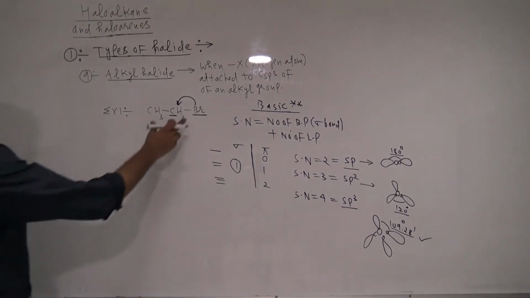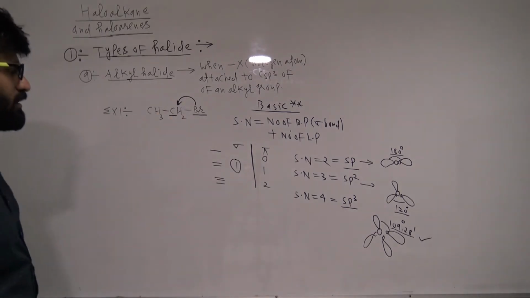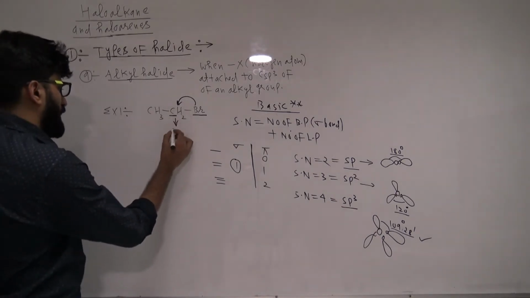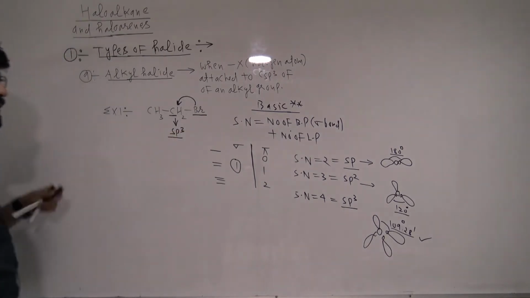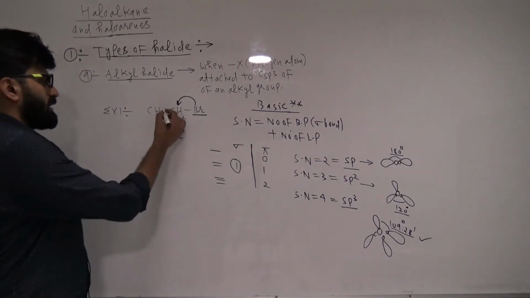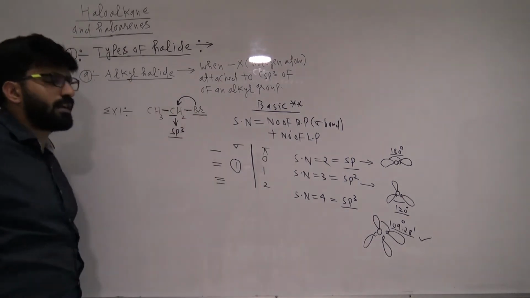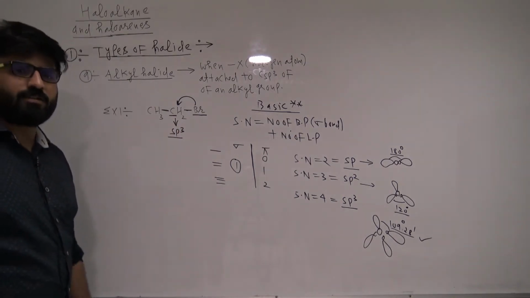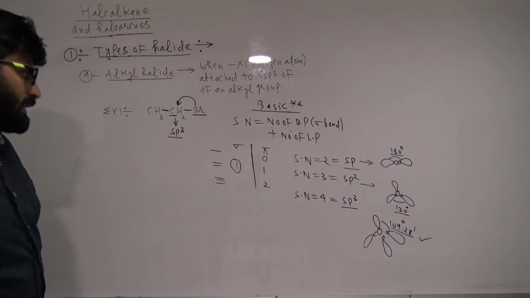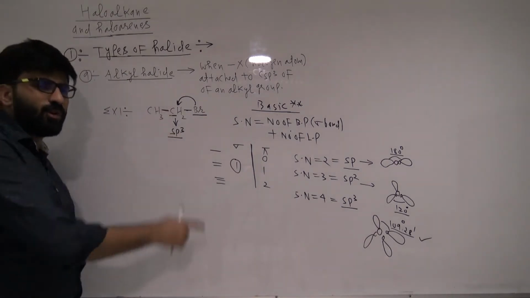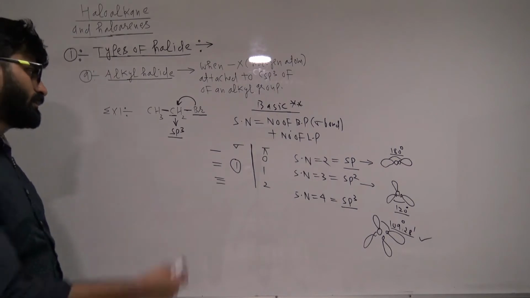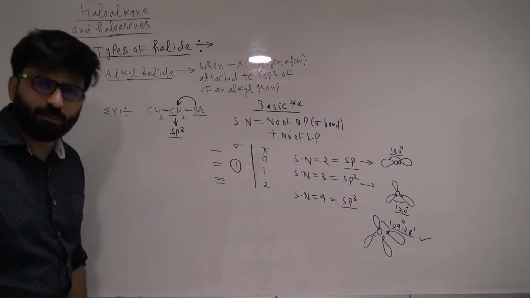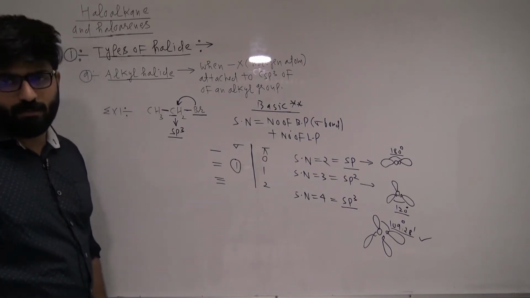Now I would like to tell you what kind of halide it is. First of all, you see which carbon the halogen is attached to. The hybridization of this carbon is sp3. Now you are like, sir, how are you saying it directly? Because this carbon is forming 2 sigma bonds, one with Br and one with another carbon, and it also formed 2 sigma bonds with hydrogen. So how many sigma bonds are there? There are 4 sigma bonds. Does this carbon have any lone pair? No. Carbon is tetravalent, so there will be no lone pair. So the steric number comes out to be 4 plus 0, and 4 plus 0 gives sp3 hybridization, right?